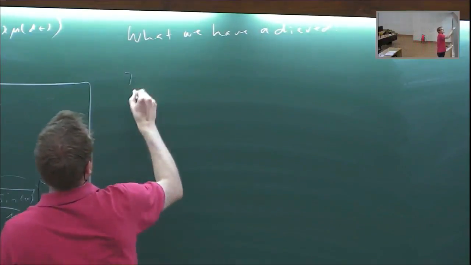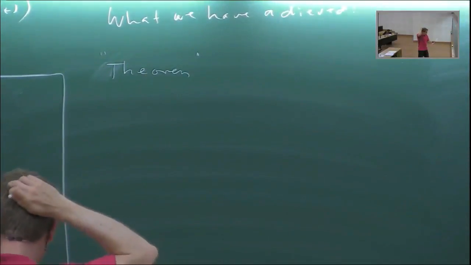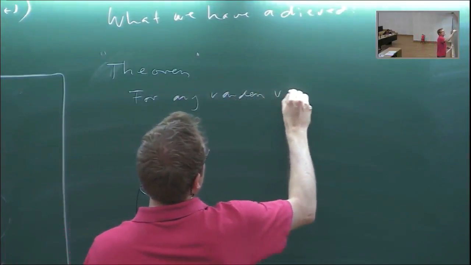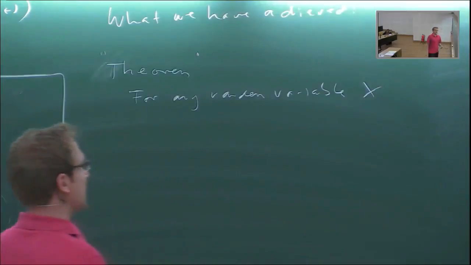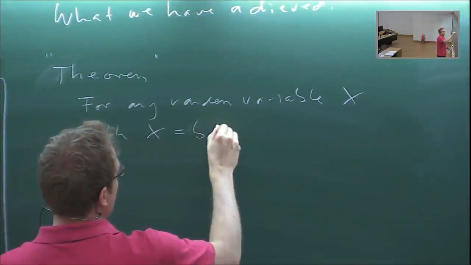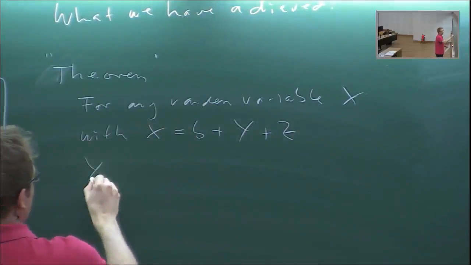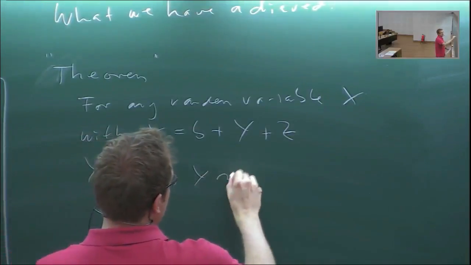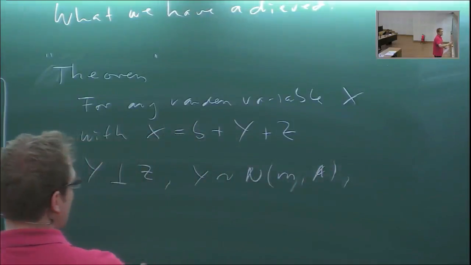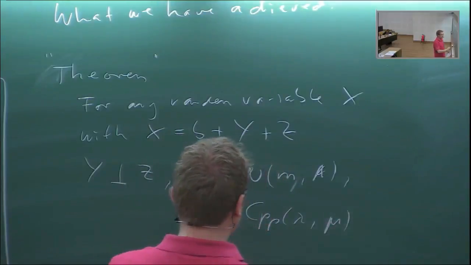If we have a random variable x, which is the sum of three parts, first of all, a constant, plus some vector y, plus some vector z, where y is independent of z, and y is some kind of normal distributed with matrix A, and z has a compound Poisson distribution, CPP, lambda with some measure mu, then